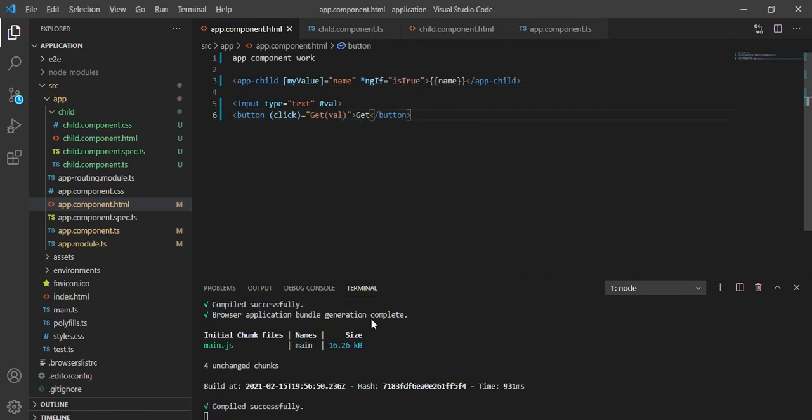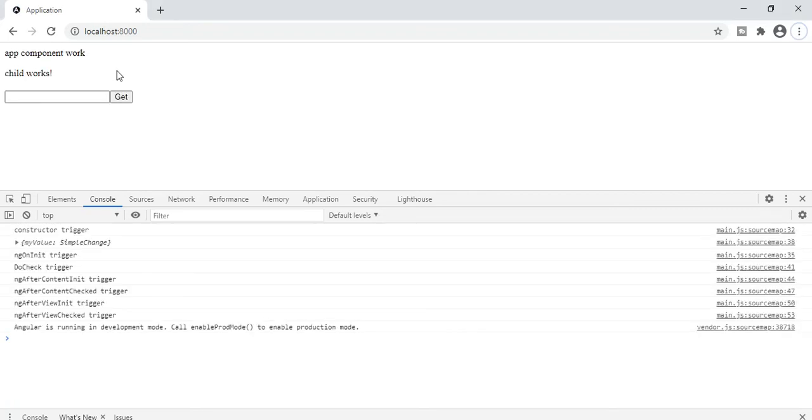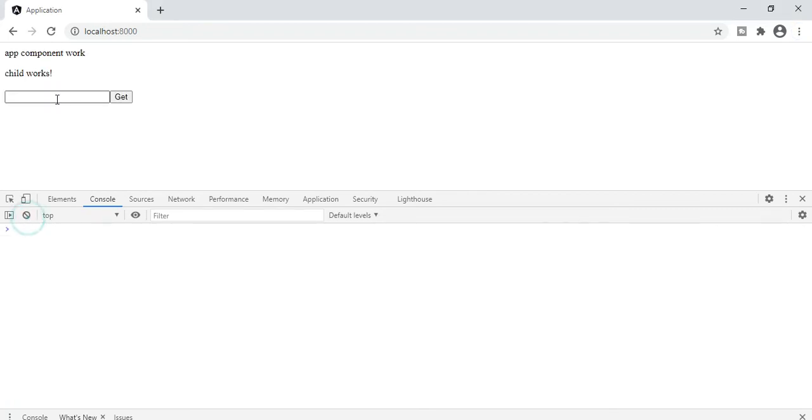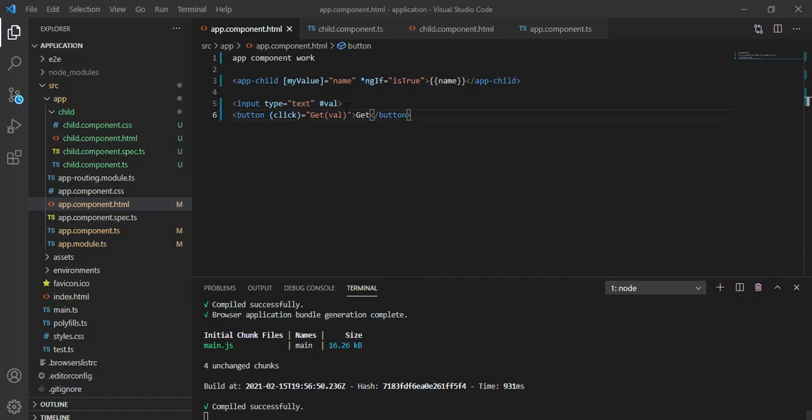So now what will happen? Clear this console, type whatever you want, and press the button. See, the destroy event has triggered, the last event, because we have removed the child component from the DOM with the ngIf. When we click the button, this variable is turned into false.